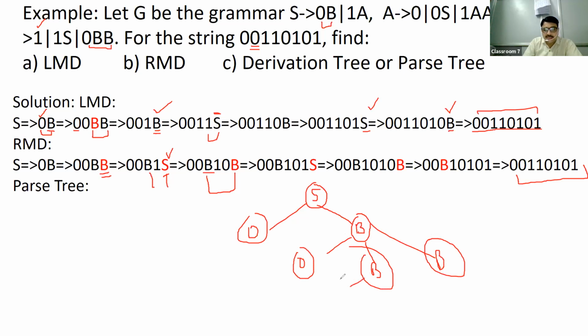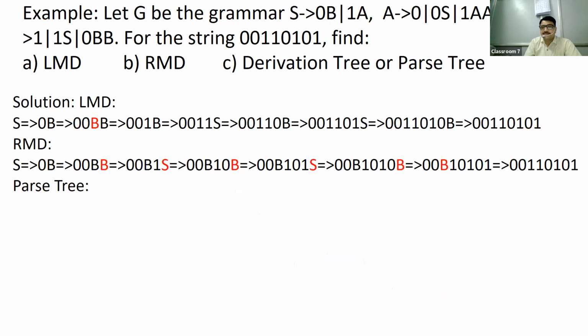So this B is converted into 1 by using the production rule. Now this B is converted into 1S. So you can design in the same way. Means the purpose is same, the process is same, just the representation is different. In this situation, you represent it in the sentential form, while in this situation, we are going to represent it in a graphical form. That is the tree structure. So this is the answer of the first part, this is the answer of the second part, and similarly, this is the answer for the third part. अब क्लियर हुआ बेटा?